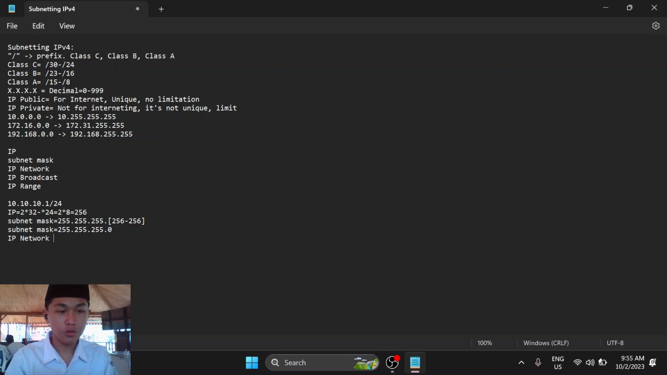IP network. How do we search the IP network? For searching the IP network, we must compare the 256, which came from the IP. We compare with the last octet in the IP address. How to compare it? We compare it like this: